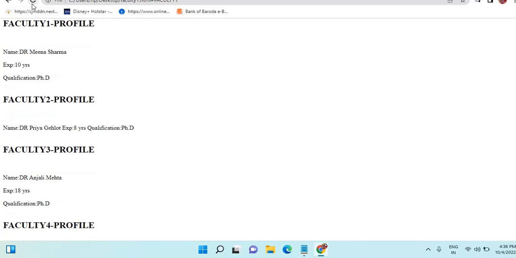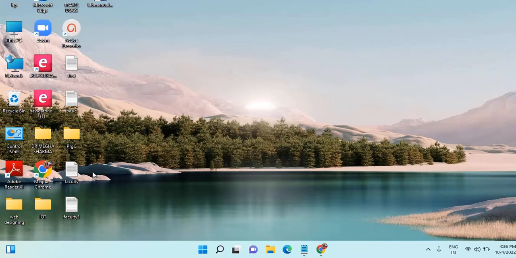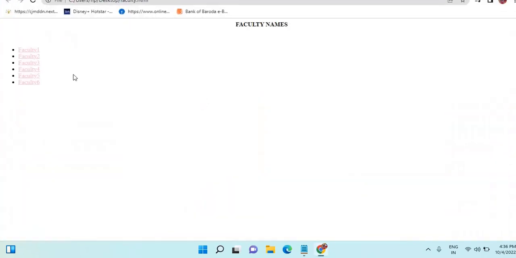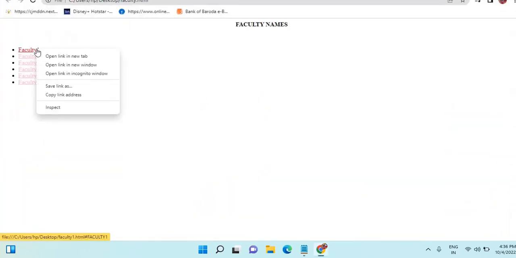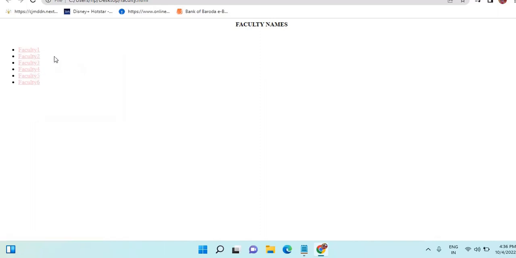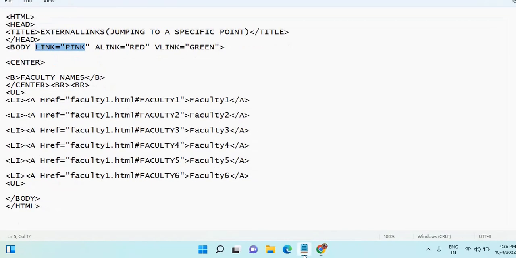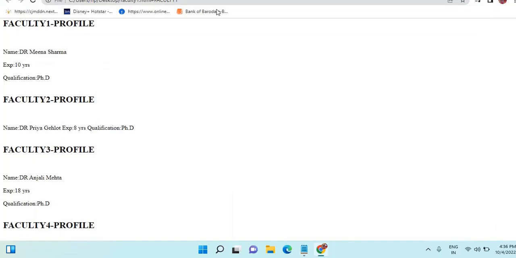So now if I open faculty1.html, if I say open link in new tab, this is how you can do it, right? So this way you can change the colors of the links. Okay, now one more thing I want to tell you, that right now you saw that when I am clicking on the link,